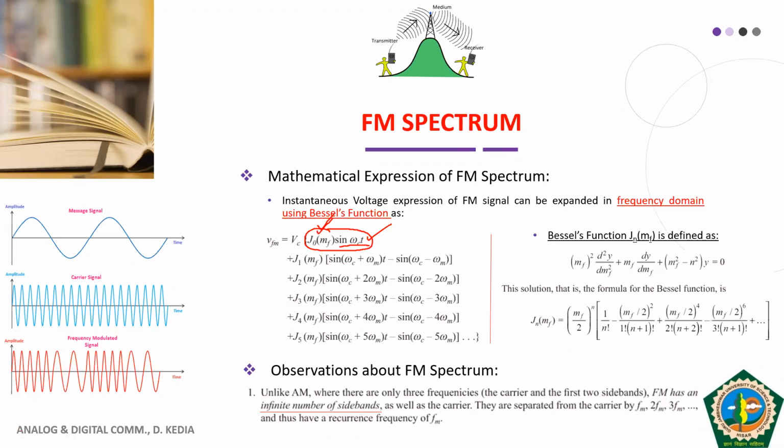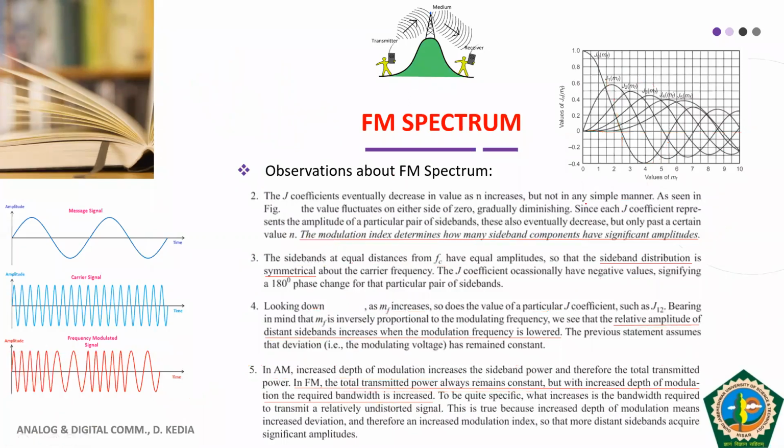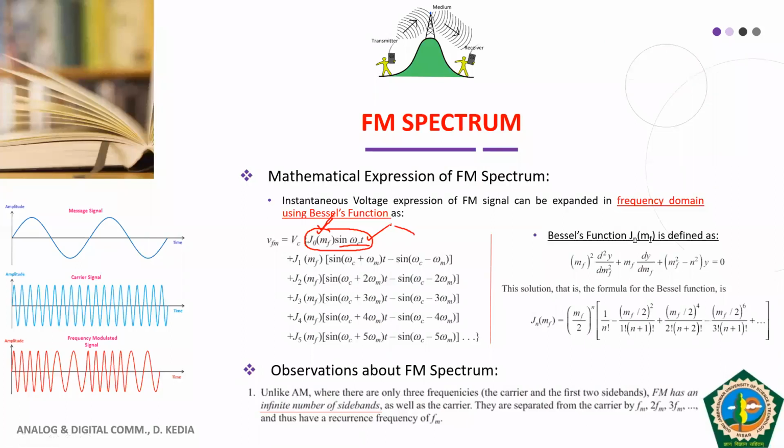And if you look at the figure in the next slide, what is happening here? See, how does J naught vary? Your J naught is varying like this. Which means the amplitude of the carrier component, or the Bessel coefficient denoting the carrier part, is changing. But if you consider the overall amplitude of all the Bessel coefficients together, in that case your overall amplitude will be constant.